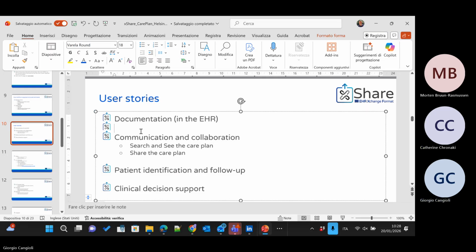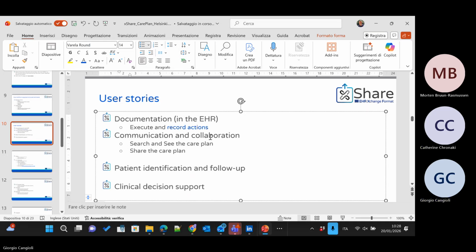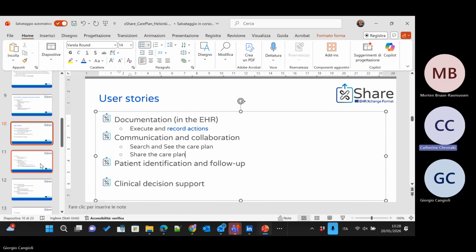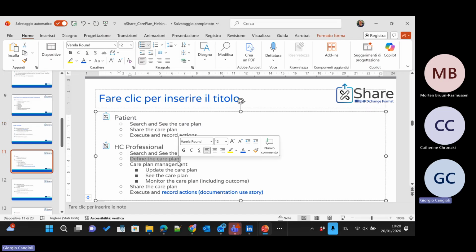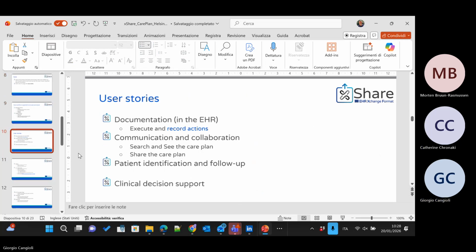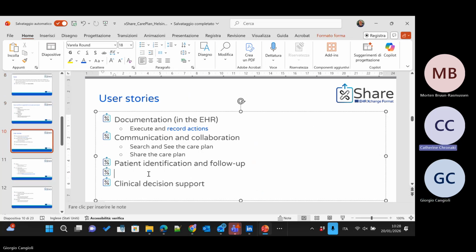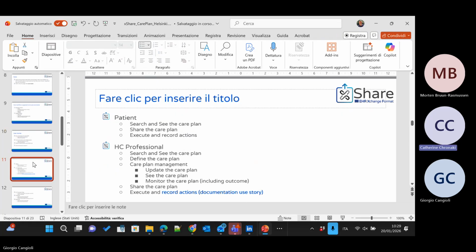So this is for the record action part. I suppose that is the execute and record action. And then create or update the care plan could be in the documentation. Define the care plan is where? In documentation. Also the updates.